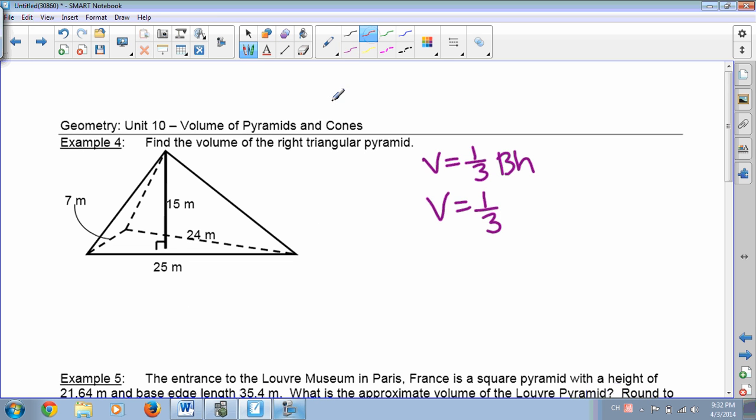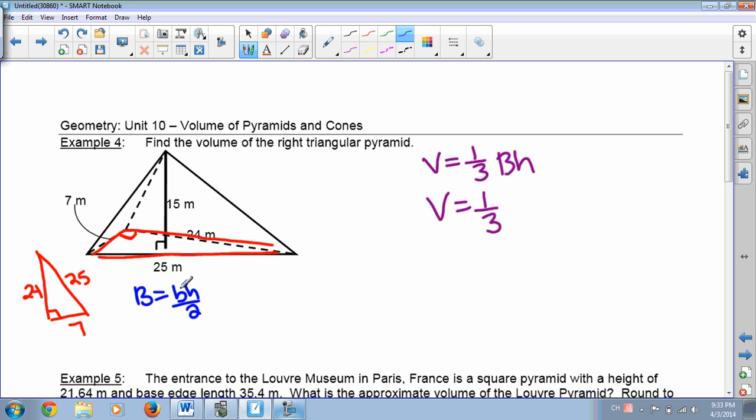Okay, so we have to find the area of the base. Well, our base is the triangle. Did a horrible job of outlining the triangle. A little bit better. Okay, and this is actually a right triangle base. And when we turn it around and look at it, it looks like this. The small side is a 7, and then there's a right angle here, and then the height is 24, the diagonal is 25. So, to find the area of a triangular base, we will use the formula base times height